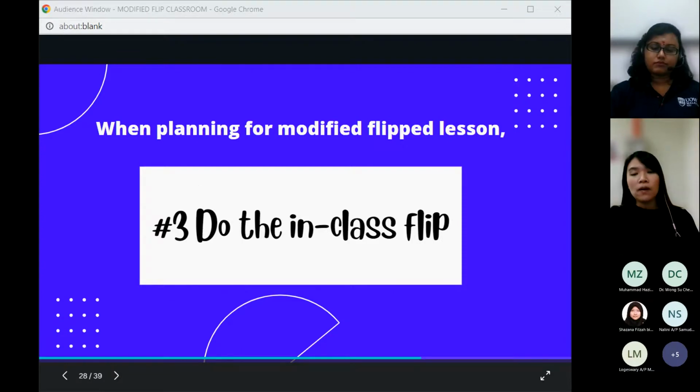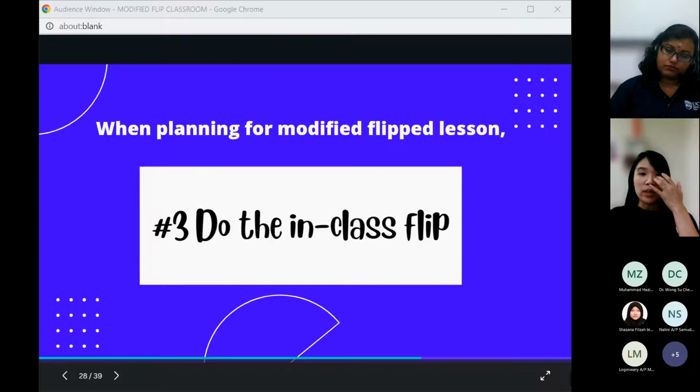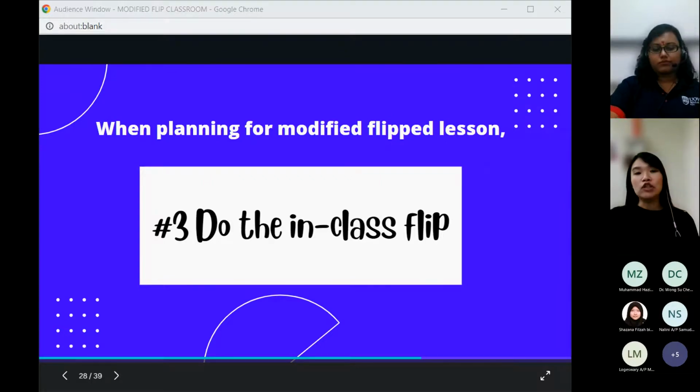You can set up the final station where they have to produce something bigger, something heavier, individually, so that you can assess whether they really learned something or not, which is quite similar to what Miss Shamini said just now, the rotation model. It allows the student to learn, to recall the knowledge, to apply.